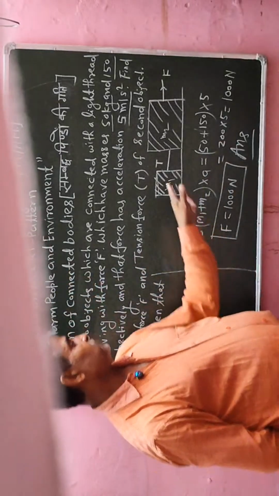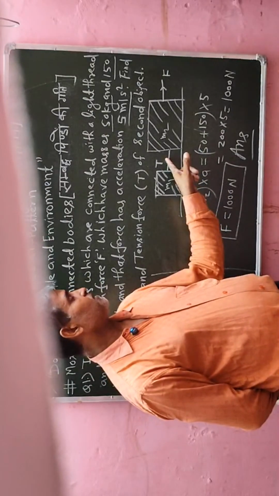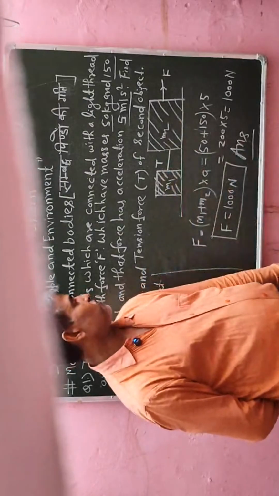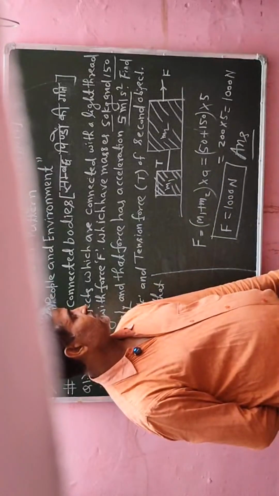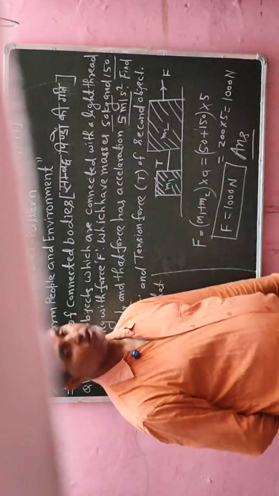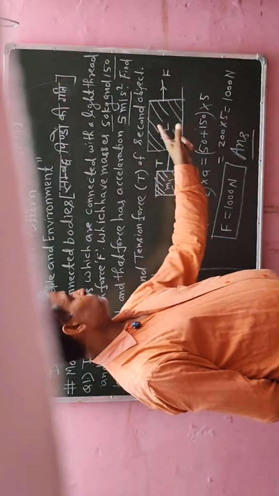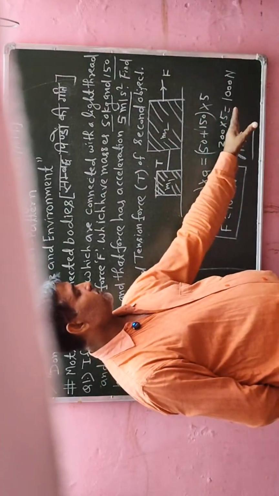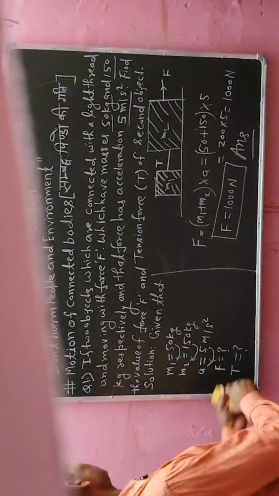अब इसी तरीके से हमें दोनों ऑब्जेक्ट के बीच में जब टेंशन फोर्स को कैलकुलेट करना है, जब वह टेंशन फोर्स मास m2 पर अप्लाई होता है, तो उस केस में टेंशन फोर्स को कैलकुलेट करने के लिए हम कंसेप्ट को यूज करेंगे। उस कंसेप्ट को यूज करके उस टेंशन वैल्यू को हम कैलकुलेट कर सकते हैं। तो इसका मास इंटू फोर्स, मीन 1000 डिवाइडेड बाई हम लिखेंगे m1 प्लस m2।